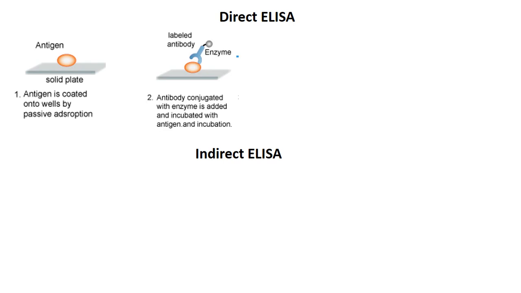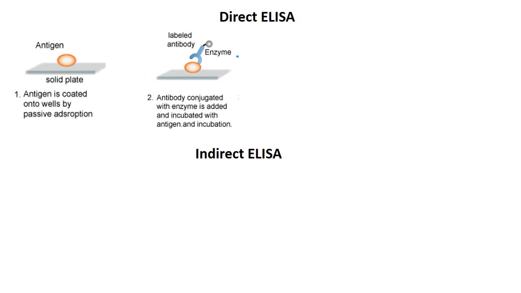So we're going to start off with a direct ELISA, okay? So in a direct ELISA, what happens is you add your sample containing the antigen target. The antigen target subsequently binds to the plastic plate, okay? Because you've isolated your target on the plastic plate, you simply then add on your detection antibody, and in this